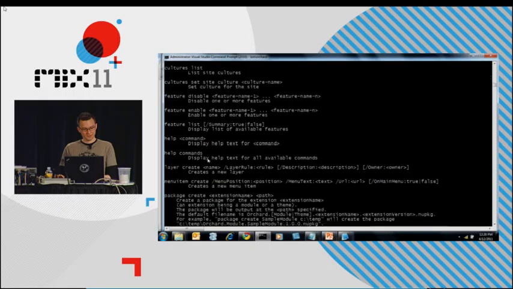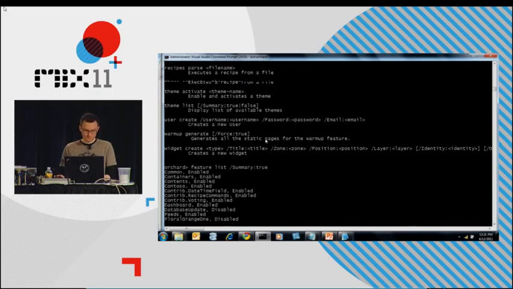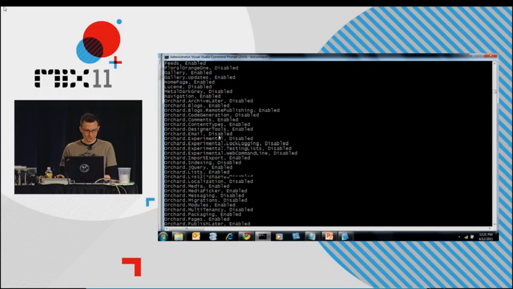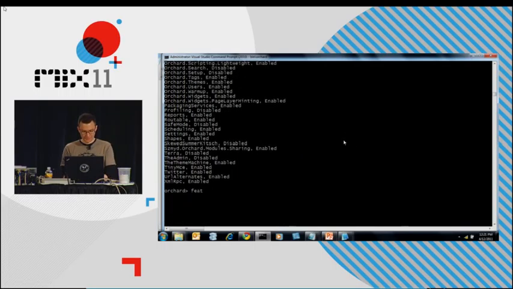Oh, I haven't enabled the CodeGen module. Let's go feature enable Orchard.CodeGeneration, I think. Well, here I'm going to do something else, just to show you that you can. If you want to know what you can enable, you can always say feature list, summary true. That shows me all the features and whether they're enabled or disabled. One of them should be Orchard code generation. So I could copy that and just say feature enable Orchard code generation. And now if I type help commands,